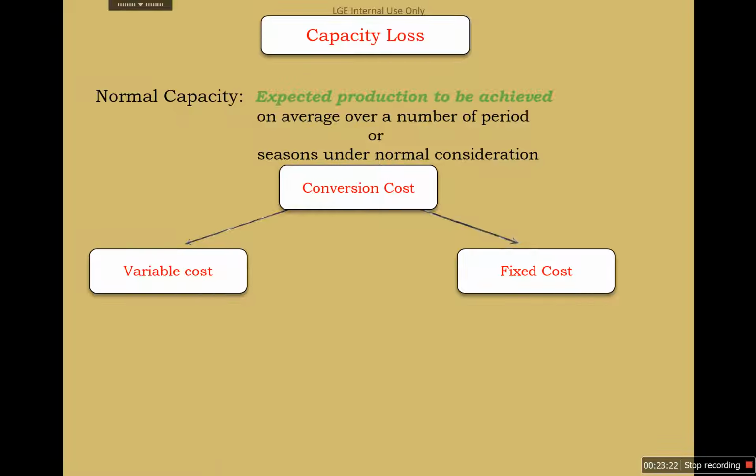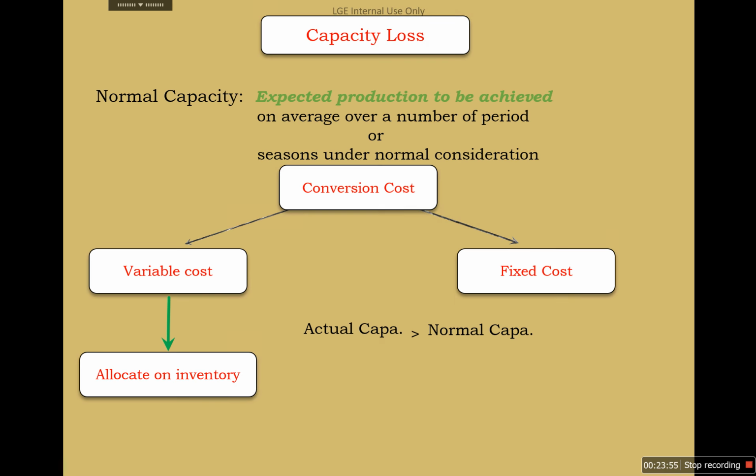And the conversion cost we can divide into two parts. One is the variable cost that will increase or decrease based on the level of production, and there are some costs that are not going to change based on the production. For example, the depreciation cost is a fixed cost; you have to incur the depreciation irrespective of your level of production. So a variable cost we need to allocate to the inventory irrespective of the level of production,